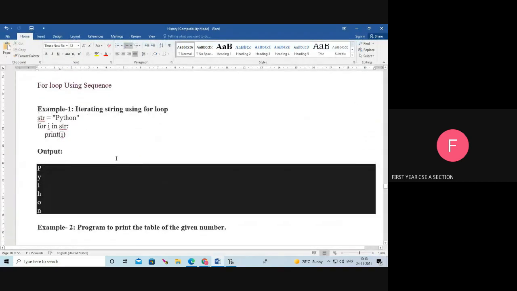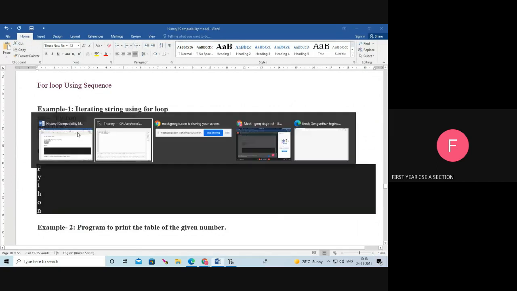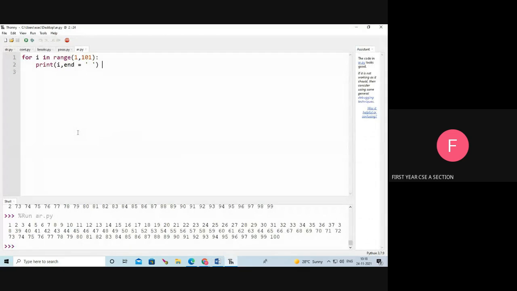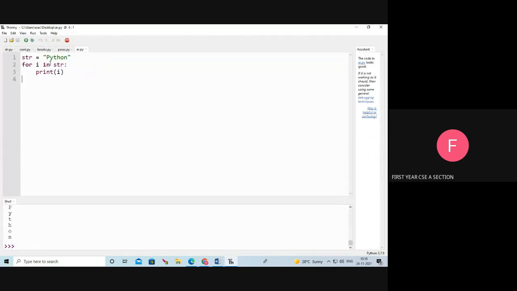Next one, see another example for the for loop. Here see our string equal to Python.